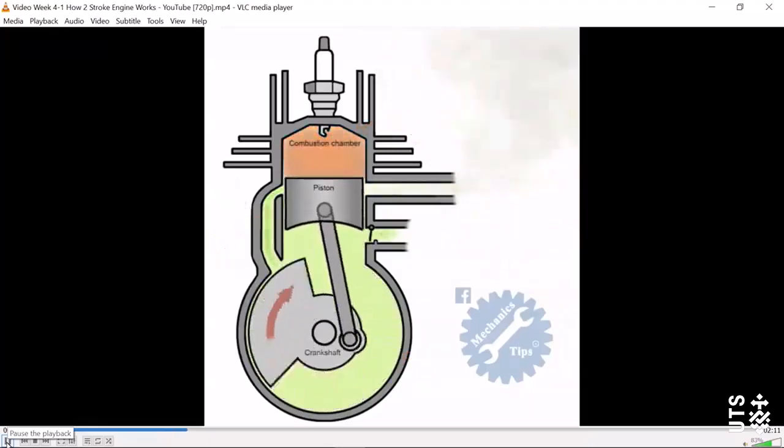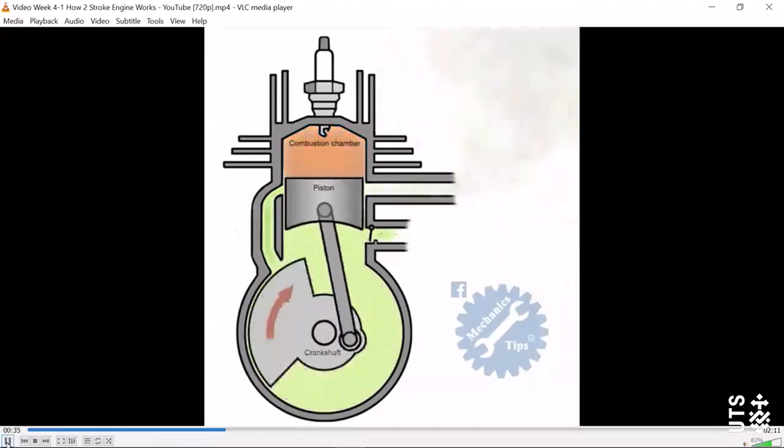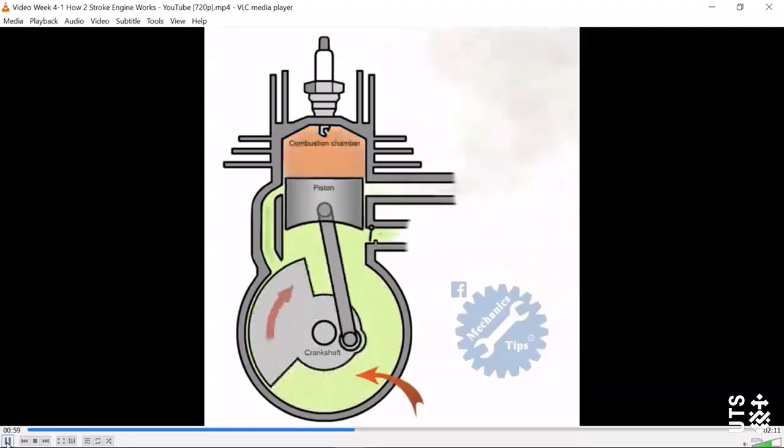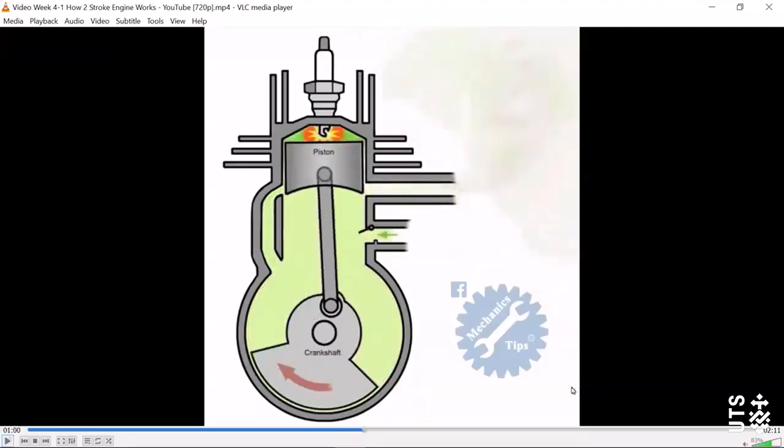The first stroke of the two-stroke petrol engine begins with the piston about halfway down the cylinder heading toward the top of the cylinder, going upwards. Because the piston is halfway down the cylinder, all of the ports are covered. Because of the upwards motion of the piston, the bottom chamber below the piston falls below atmospheric pressure. As the piston moves closer to the top of the cylinder, it uncovers the inlet port, which then, because of the pressure in the lower chamber, sucks air and fuel into the lower chamber. The